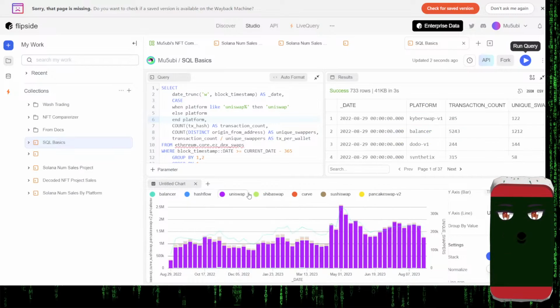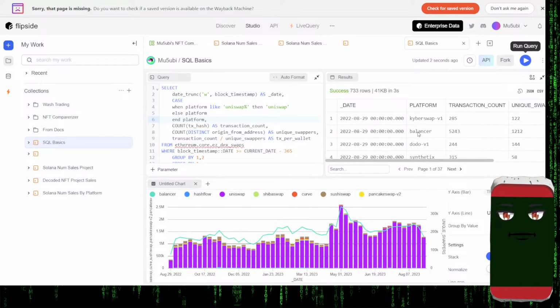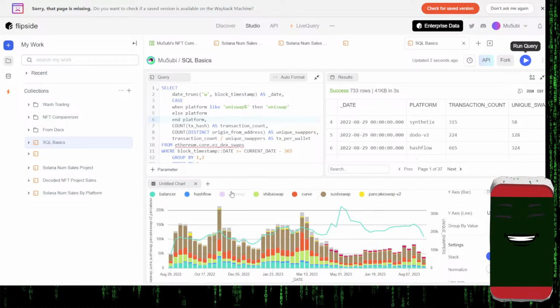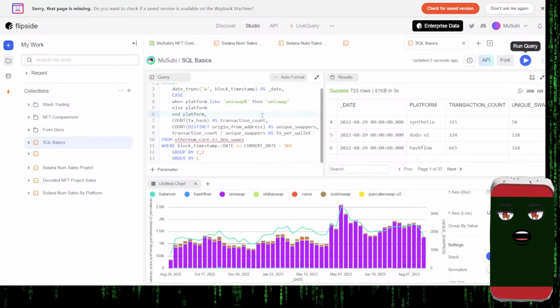So now we just have it as Uniswap because the majority is Uniswap. So if we take out Uniswap, we could see that the second is SushiSwap. And we'll get it back. All right, so this